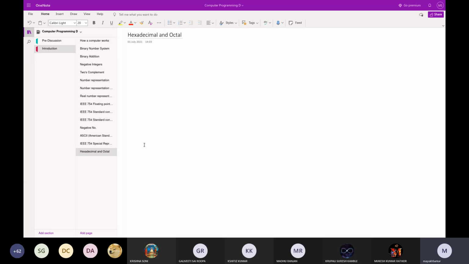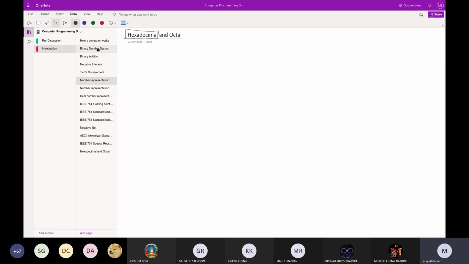The fact is hexadecimal and octal number bases are extremely important. In fact, more than octal, it is hexadecimal. Usage of the octal base is rare to find, but hexadecimal is the major point of discussion, right? And it is extremely important in understanding the binary number system, or large binary number systems, to be specific.